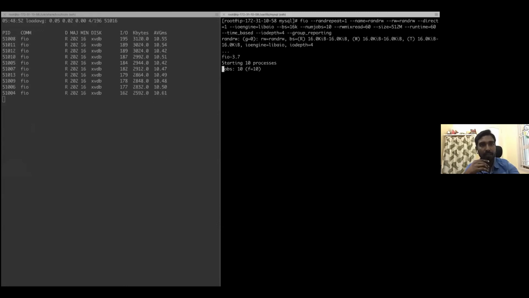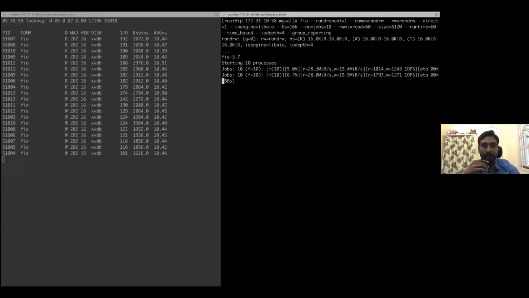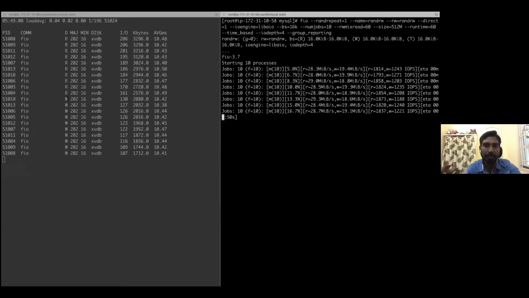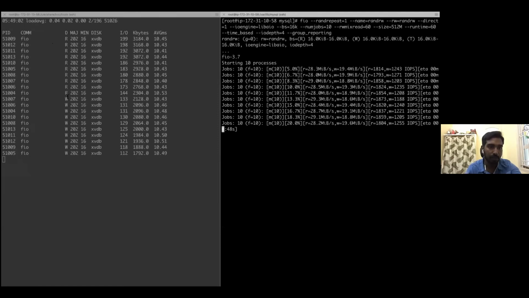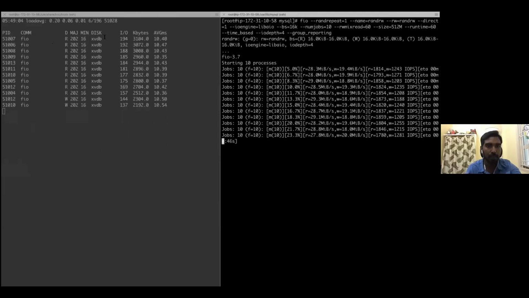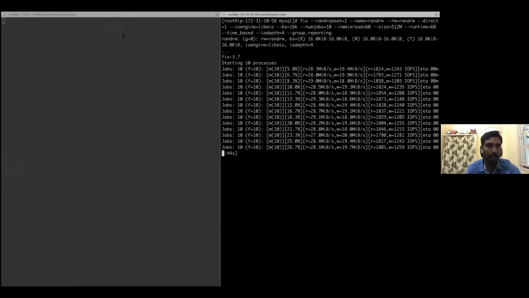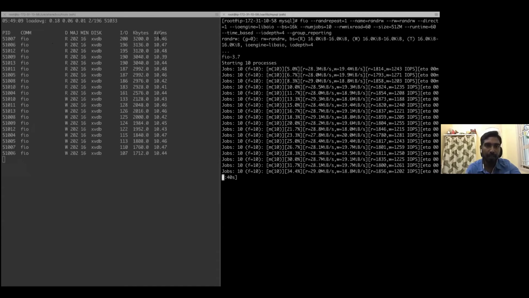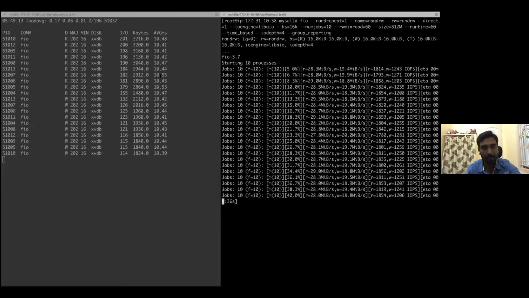Okay, you can see FIO is completely using the CPU. You can see what the process is that is running, whether it's a read or a write. I have given a mix of read and write, so it is a mix of both. You can see R as read and W as write, the disk which is being used, the IO size which is being pumped in, the KBs of bytes which is being written, and the average latency in milliseconds. So you can have a live tracking of your IO subsystem.